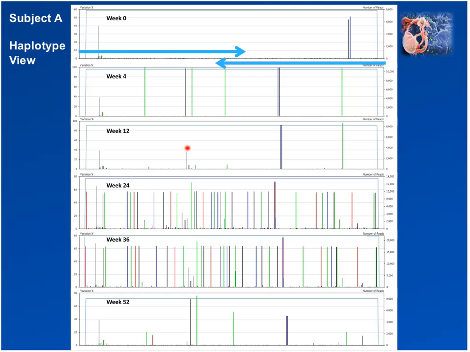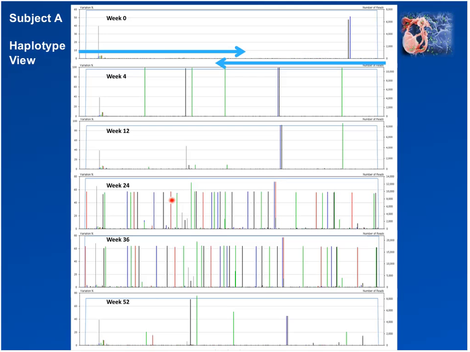The reference sequence here is the consensus of the sequences for the data at baseline or at week 0. So what we want to see in this particular comparison of data is how the virus changes from week 0 over time. And what we're able to do is look at the entire target region and the variance across that target. And as a result, when you see that there are a number of variants showing up at the same variant frequency, that is a viral haplotype.